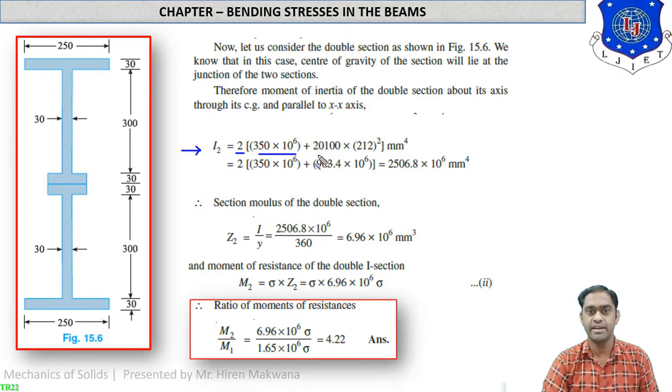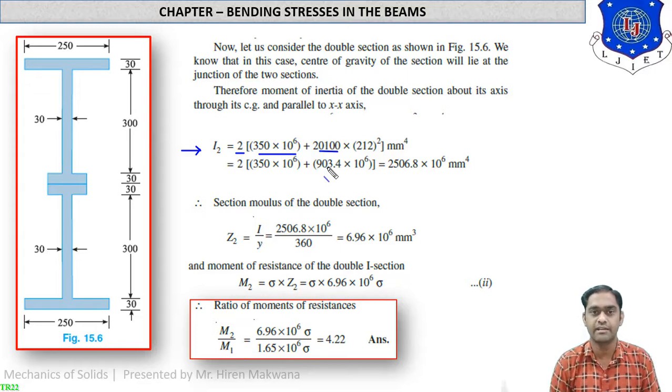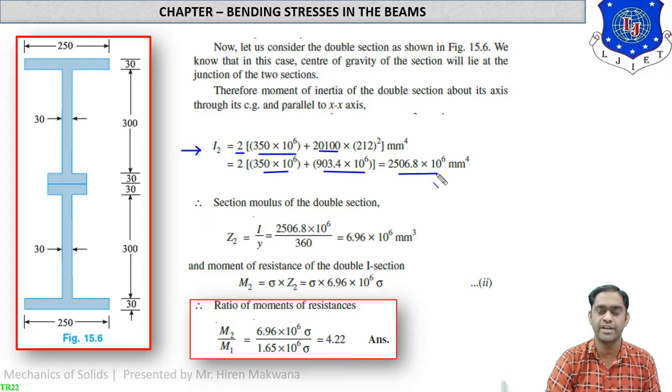So area is 20 into 100. You can calculate the total area of the rectangle, 20 into 100, and the distance is 212 again, means y is equal to 212, which is the distance of the CG from the top fiber from both the sides. So by keeping the same values and solving in the calculator, we will get 2506.8 into 10 raised to 6